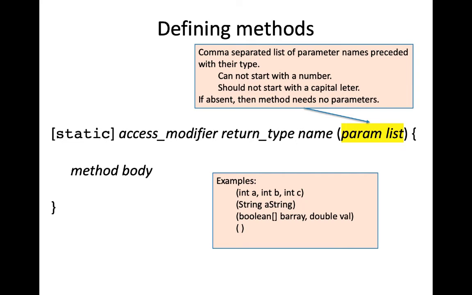Unlike some other languages, Java does not have a notion of named parameters or parameters that can come in different orders. You have to provide the parameter values in the order that they're declared for the method that you are trying to invoke. So, for example, examples of what these parameter lists might look like include,